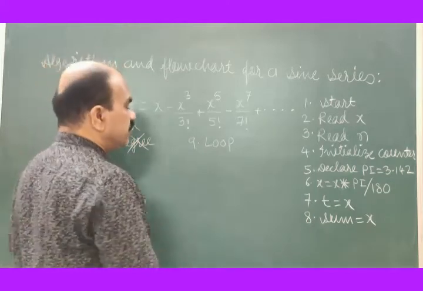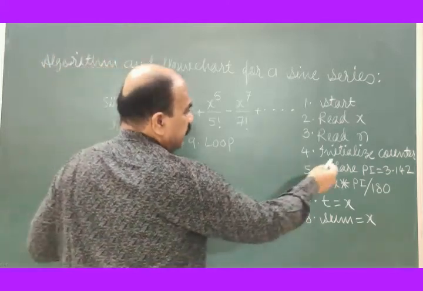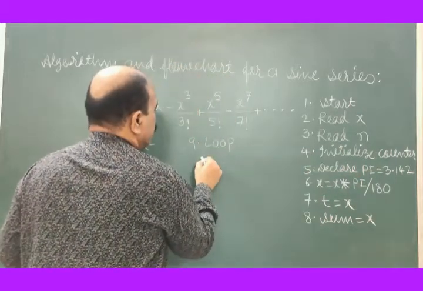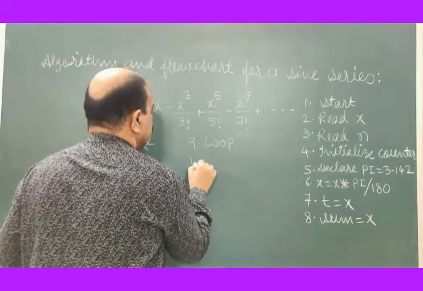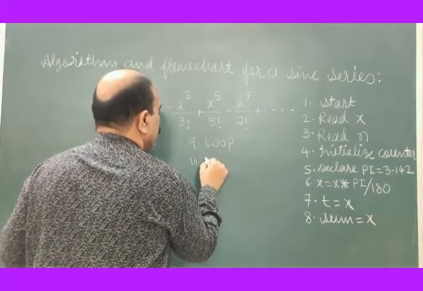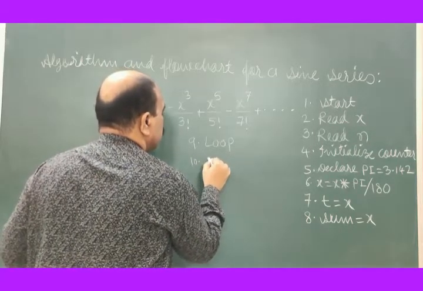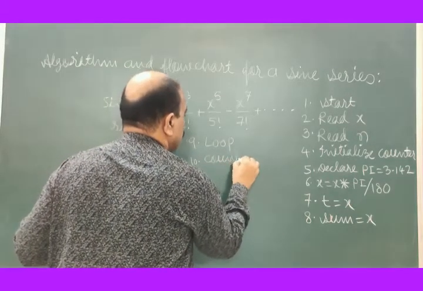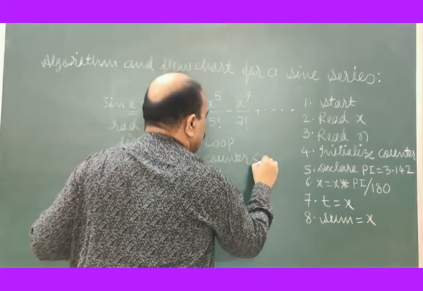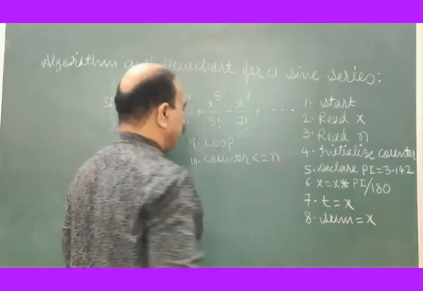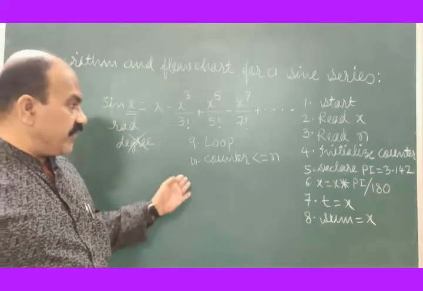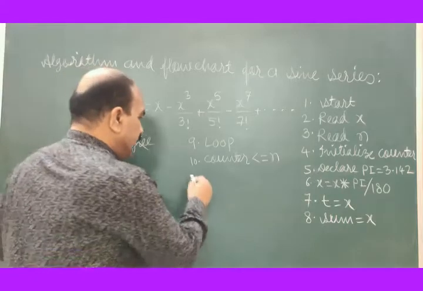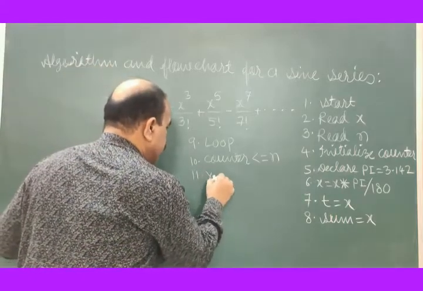In this loop, if this counter is set at I, you have to decide here whether counter is less than or equal to n. See whether counter less than equal to n. If the answer is yes,